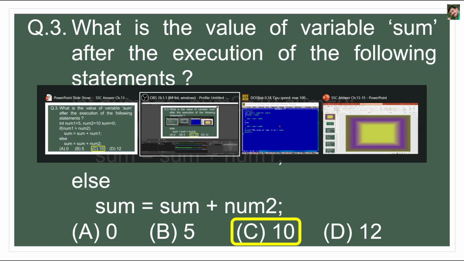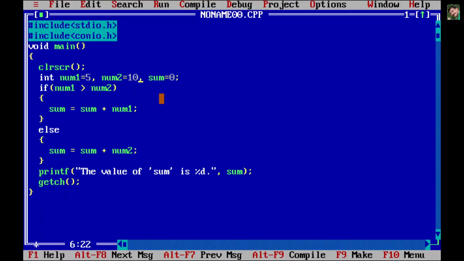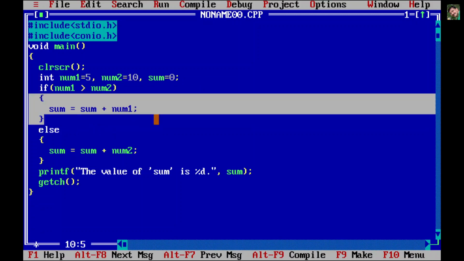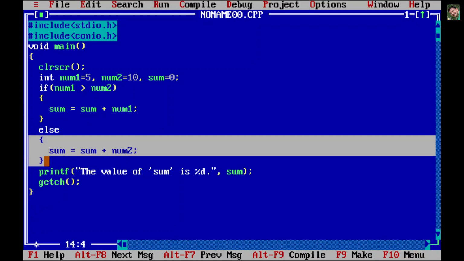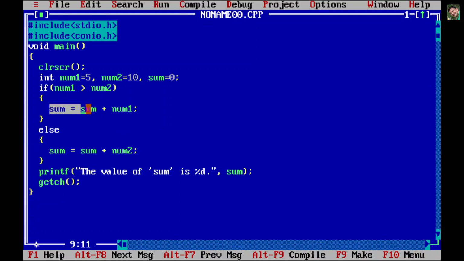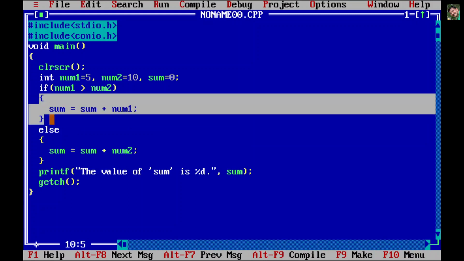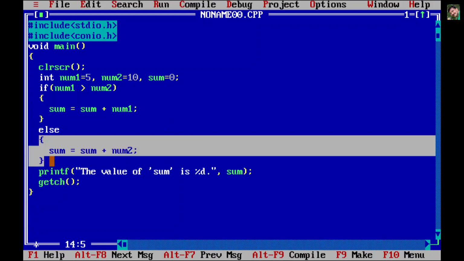Let us see this in a C program, and comma, as you see, comma is needed, which was missing in the PowerPoint slide. So we took these 3 variables, integer num1, num2 and sum, and then we are checking. In the question there are no curly brackets given, but it is a good practice to write what you want to do after if or after else in curly brackets. It is not required only when there is only one statement after if and only one statement after else. So especially in this example, if you don't write these curly brackets of if and else, it is okay.